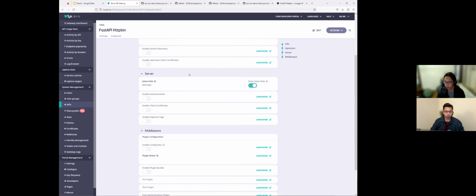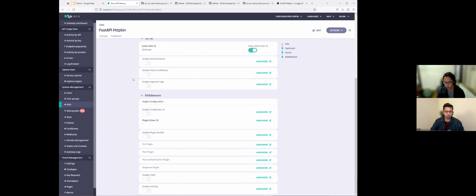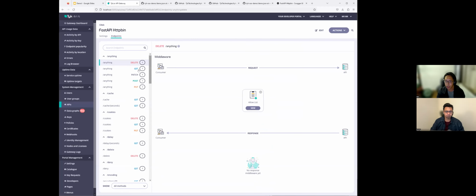What you can see when you scroll down is that authenticate is disabled for today's demo purposes. We definitely can enable that if we have some 5 minutes later on. But what you can see as a result, everything which you can configure, caching, CORS, plugins, and all that, you can see that Tyk has imported all of the endpoints over here. So from the OpenAPI document, you could see the multiple paths, different put, get, patch, post, delete, all of that has been imported for you.